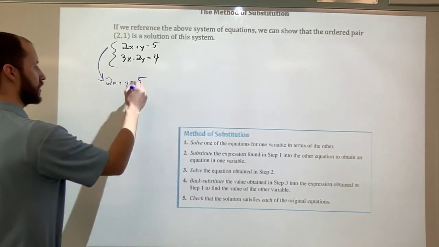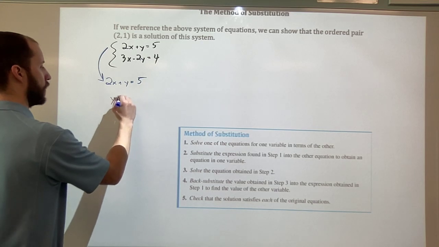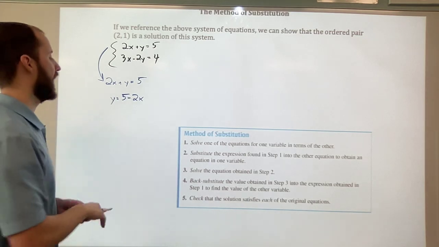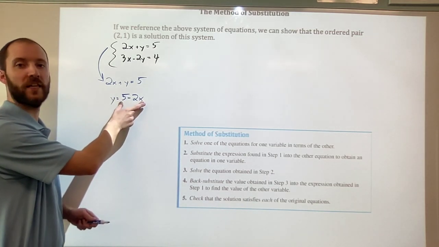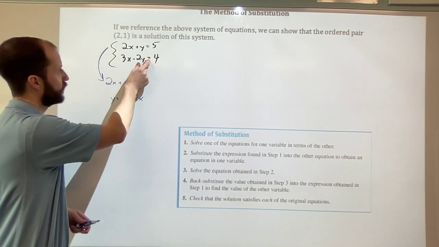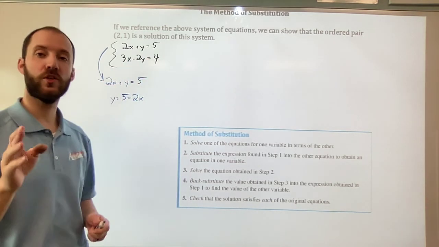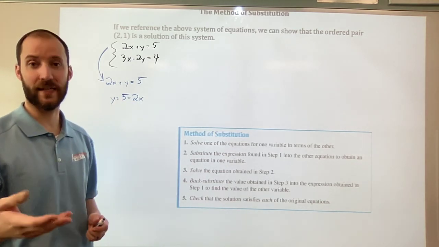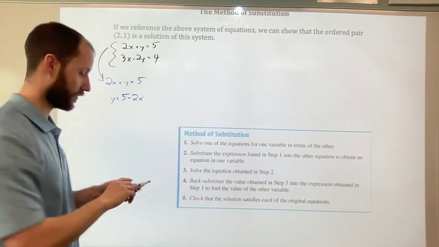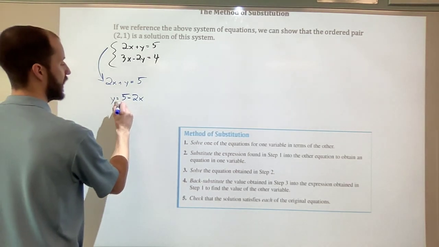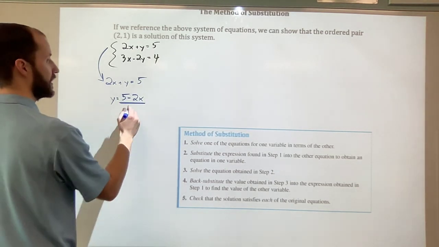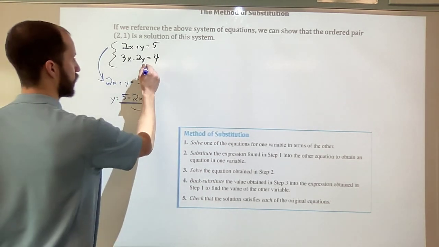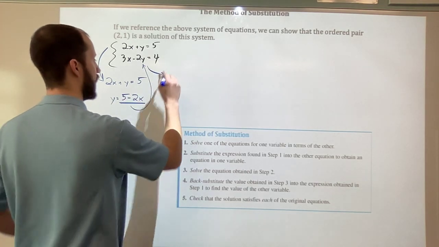So subtract the 2x over, y equals 5 minus 2x, and then that quantity plug into the other equation for y. Make sure you plug it into the other equation, not into the same one again. Plug it into the other. So that expression, 5 minus 2x, plug it into the other equation for y, and you'll get,